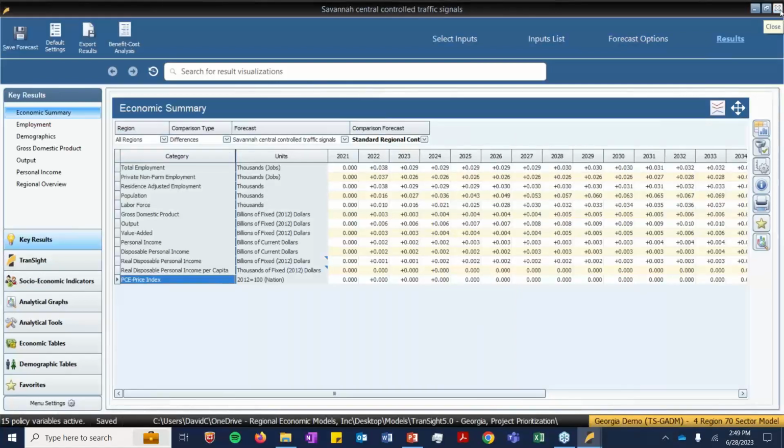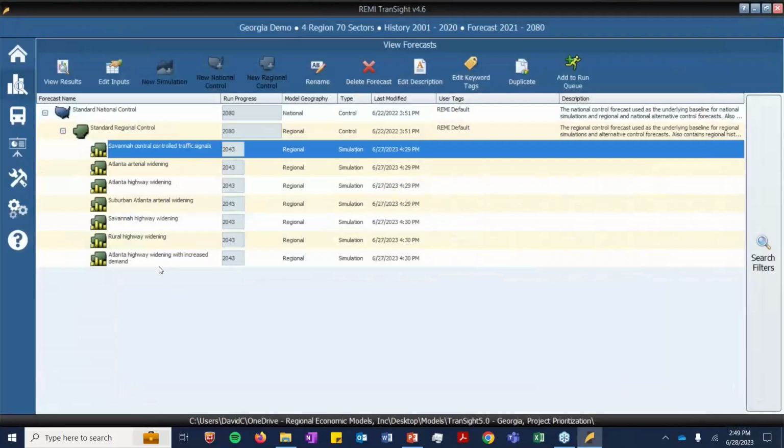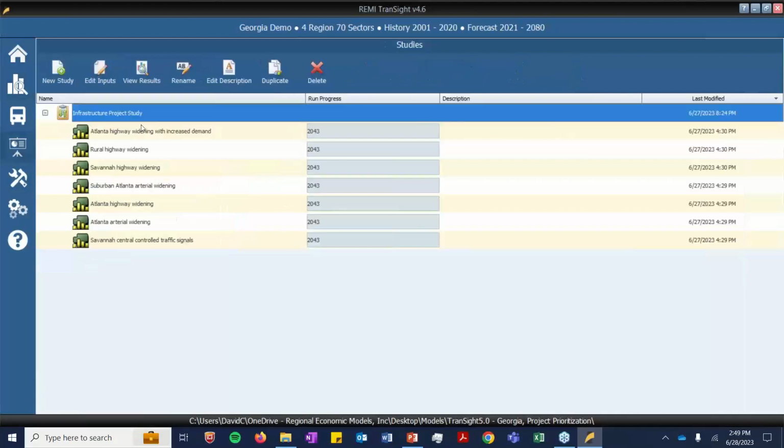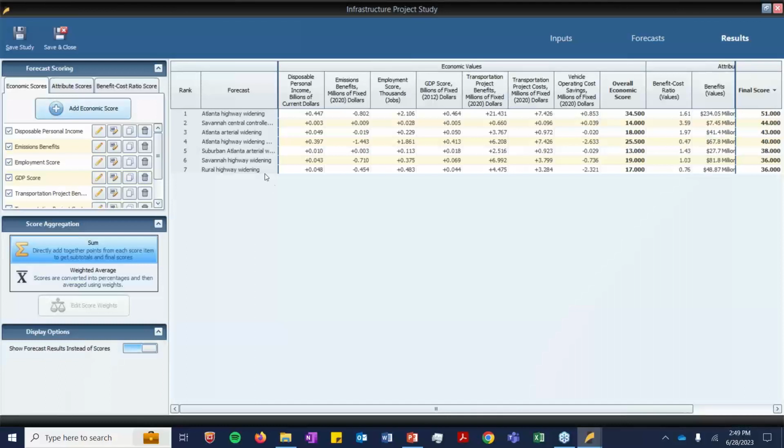So we have an economic impact analysis. We might compare these numbers to the numbers produced in these other studies. And a good way of doing that is through the studies tab here. So I've actually created a study. Now, there's definitely going to be a better methodology for producing this study, which I'll go into in a moment, but